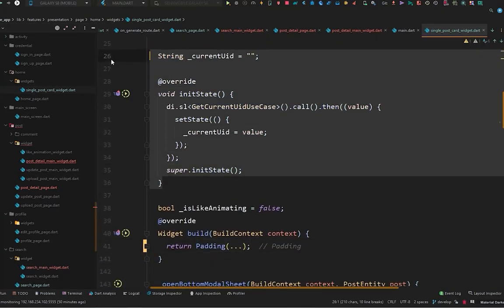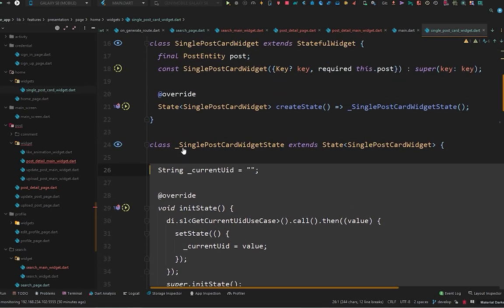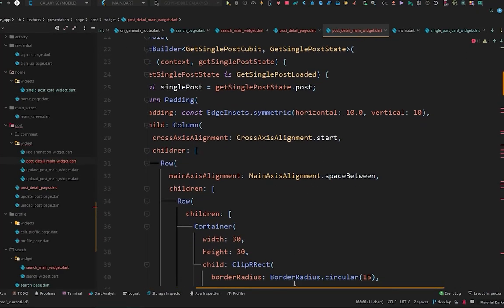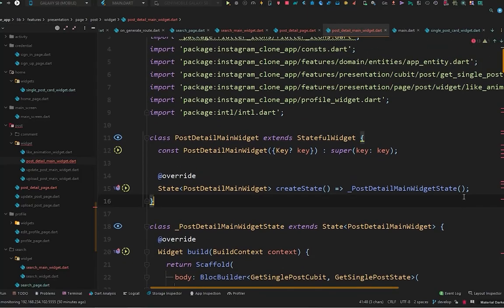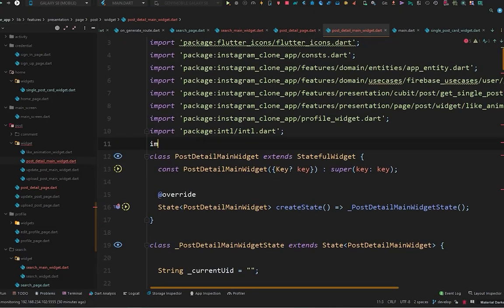We will copy this init state with this id, and also is like animating because there is the need of it. Then we will go to the post detail page, and simply on top of this we will paste this right here, and also import the use case in here, and finally import the injection container